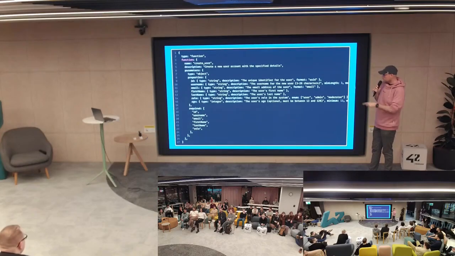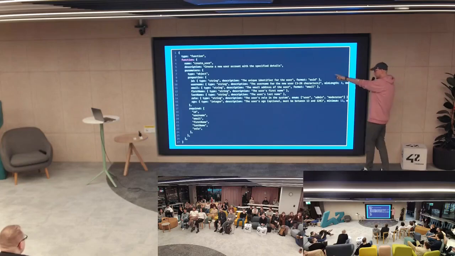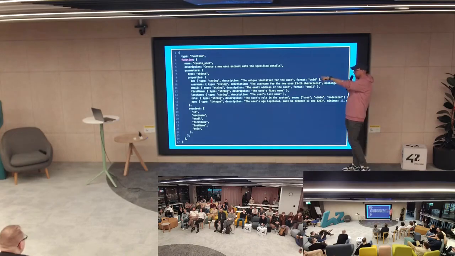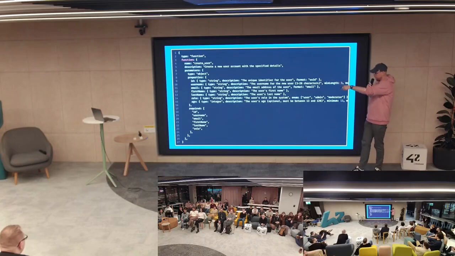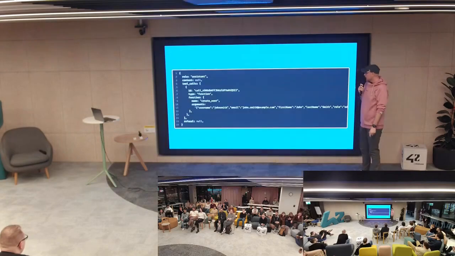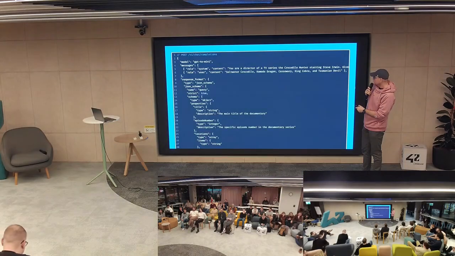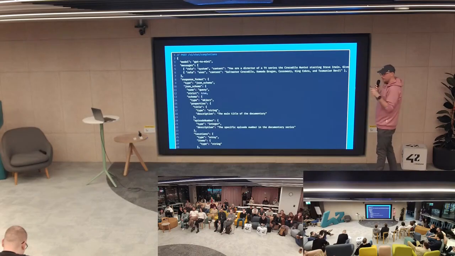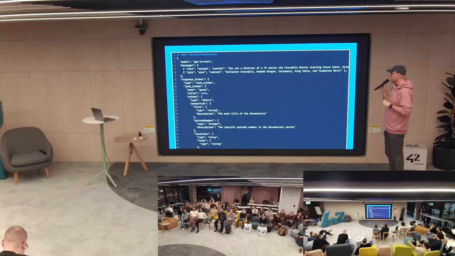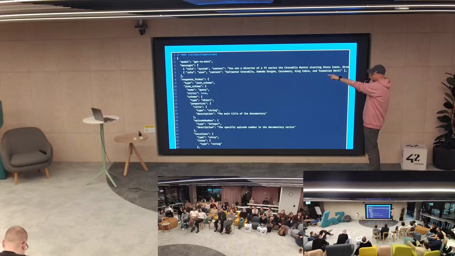So you've got the whole thing where you've got the ID that should be a type of string, first name type of string, and then you've got a bunch of required fields. And all of this is basically how it works under the hood. So when you make a call, the initial call from one of the first slides where there was a Zod schema in there, there was a response format. There is now a response format thing, and there is a whole JSON schema defined of the